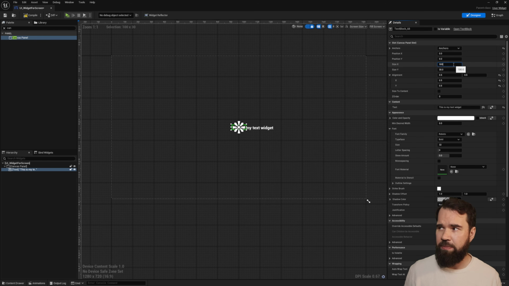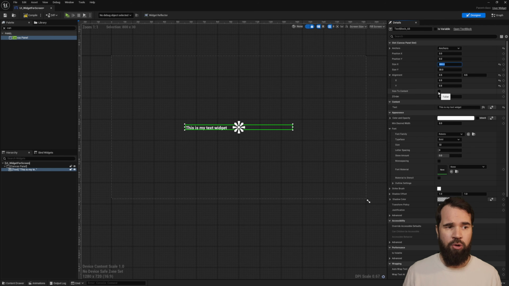So if we say, for example, this is 500 pixels, or 500 units on the x-axis, you can see, and if I do 800, you can see that this is being modified. But what we basically want is for this to always be in the middle. And the problem is that if we manually set the size on the X and Y axes, this is not going to be good if we need to change the